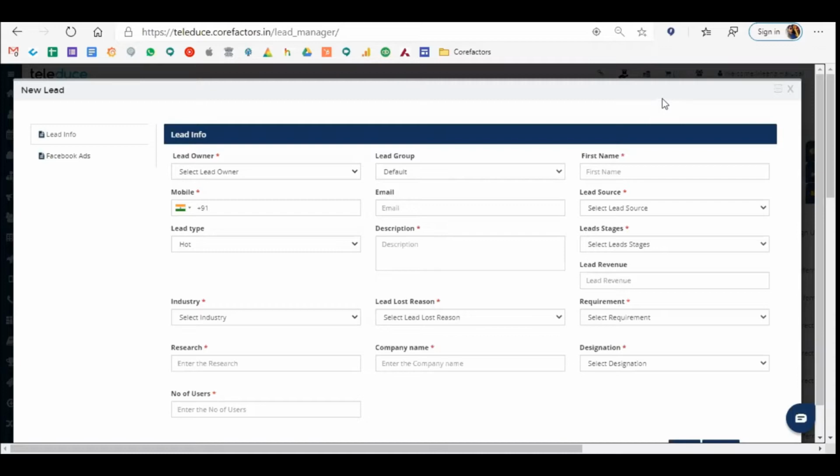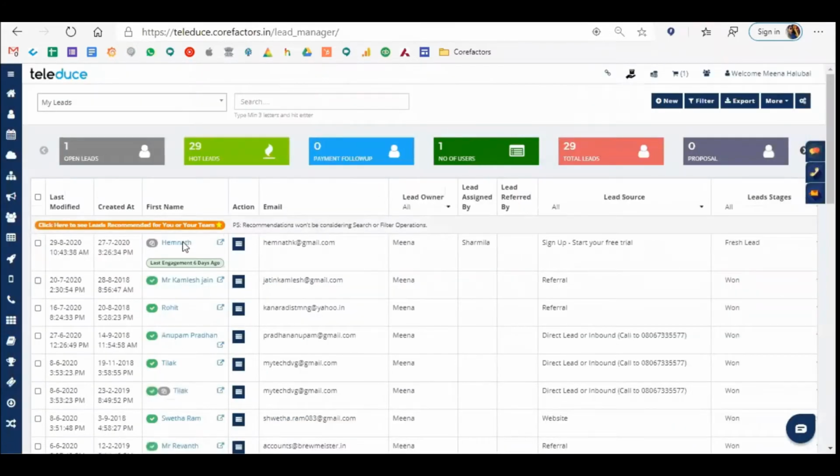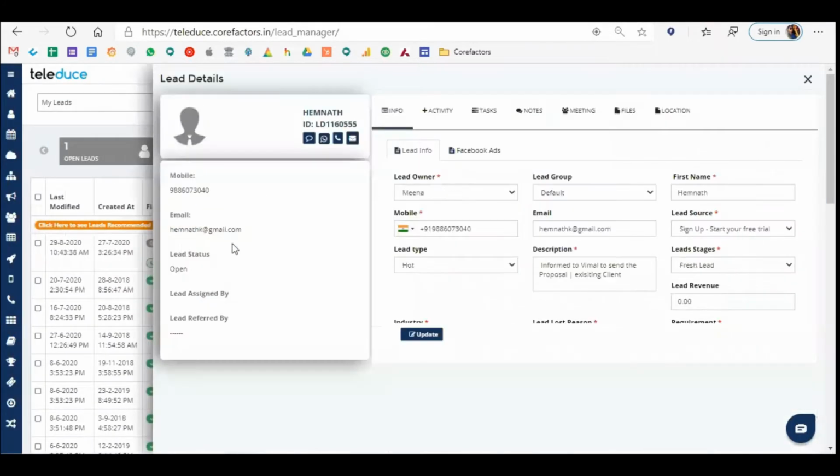We have the option of drop downs. You can select multiple options in one drop down. You can type in the information if you wish to, or you can create a field with, for example, date and time. You can do that also. So this is how you will be able to update all the information. Once the information is done, what are the things that you can do with the lead? One thing is, we all know SMS, right?